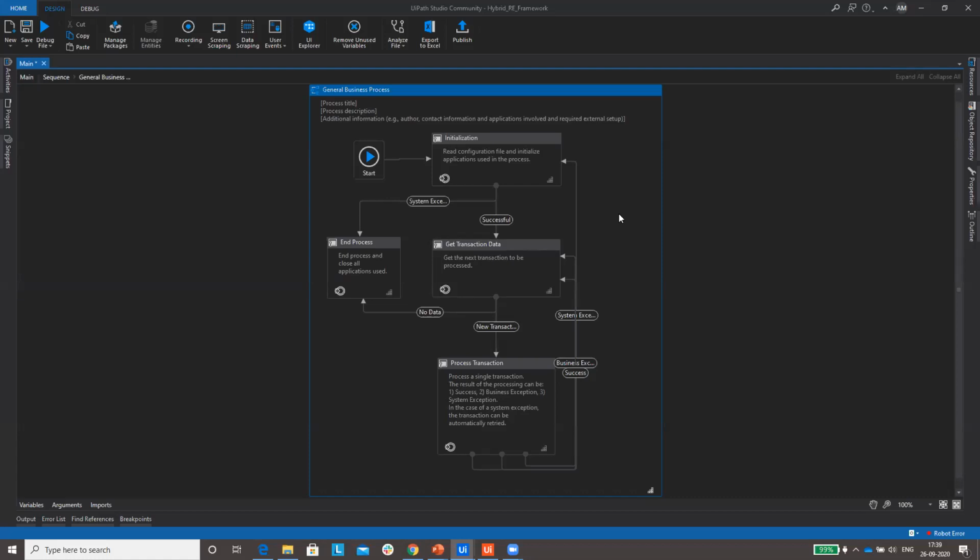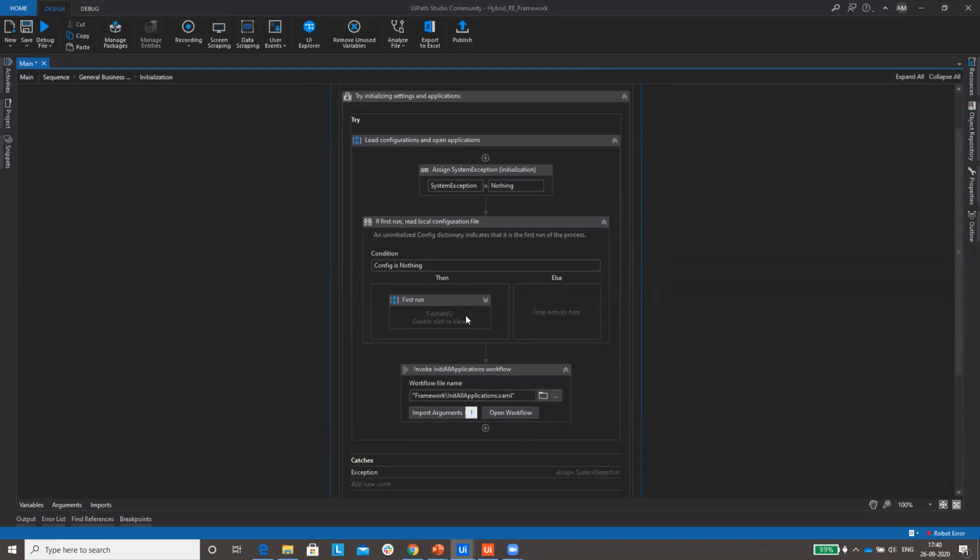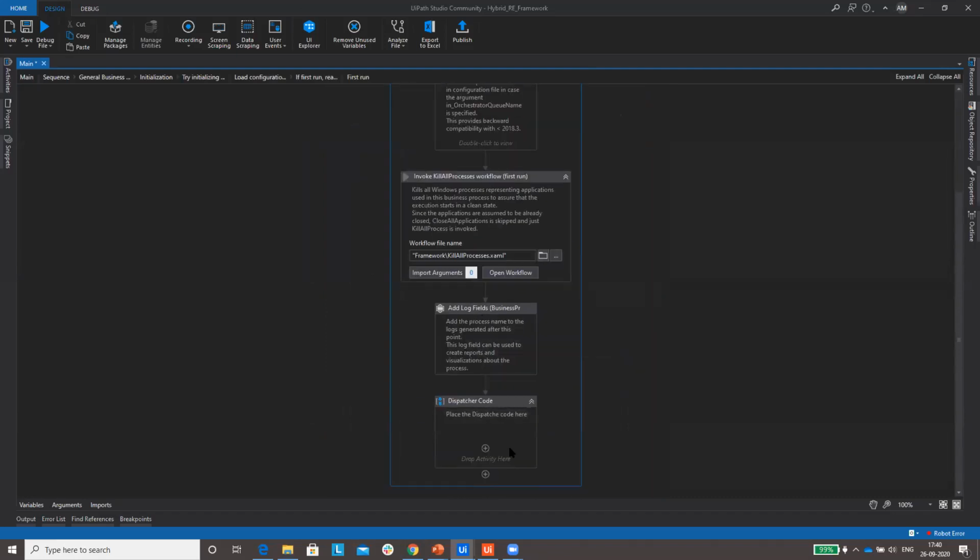Right now in a hybrid framework, we just merge the dispatcher code along with the performer code. What I mean by that is, just go to this initialize, and config is nothing, which means this particular portion will run only once in your REFramework. Inside that we'll add the dispatcher code, whatever code you write to add the data to a queue.